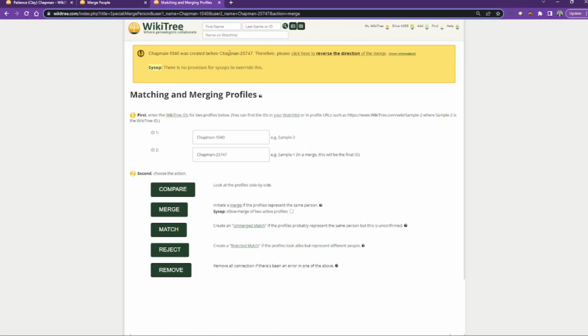And click on merge. Now, if you've done it in the wrong order, it's going to tell you this: 1040 was created before 25/7/47, so please reverse the direction of the merge. So here you can see you still have the option of correcting the merge direction, but this is really important to do, and it's just better to get in the habit of going ahead and putting the higher number in